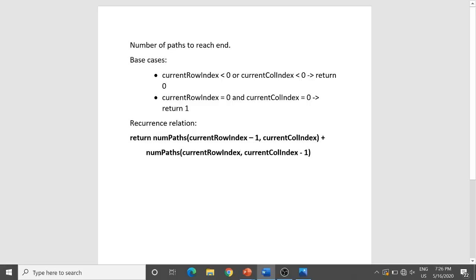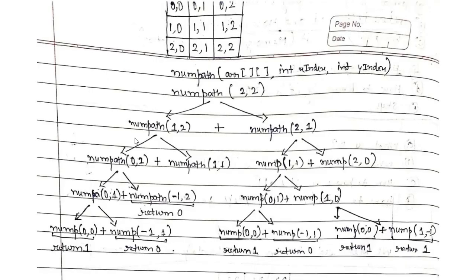So what do we see over here? Again, we have some base cases and we have a recurrence relation. So instead of just going into why we are returning all these things over here and what the recurrence relation is, it's better to go to the recursive tree and see what's all happening over there. So if we see this recursive tree, what do we have here?